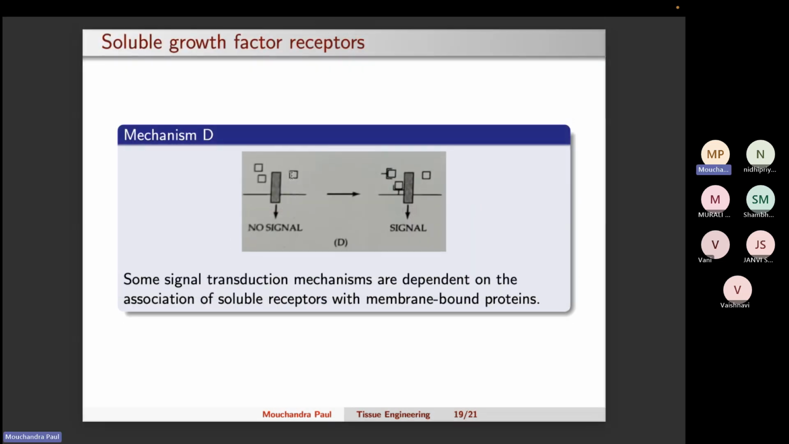Now mechanism D. Here the membrane bound form and the soluble receptor form are dependent on one another. The membrane bound form does not have binding sites, because of which when the ligands are coming, it cannot bind, whereas the soluble receptor has the binding site. So when the soluble receptor has successfully bound with the ligand, it is then associated. Here the soluble form by itself cannot propagate the signal, and the membrane bound form, since it doesn't have the binding site, also cannot propagate the signal. So only if they work together, a signal will be propagated. Okay,